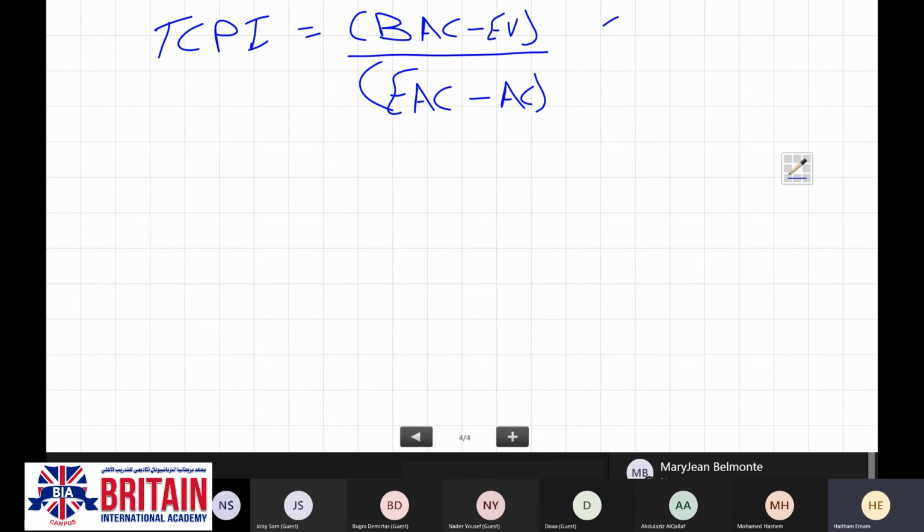We use this formula in case we would like to align with the estimate at completion.